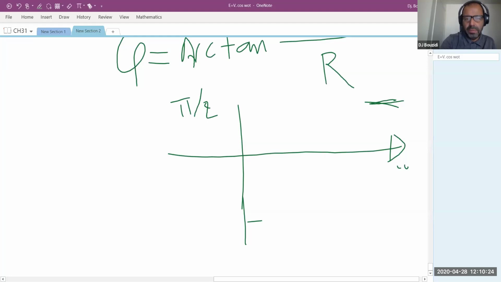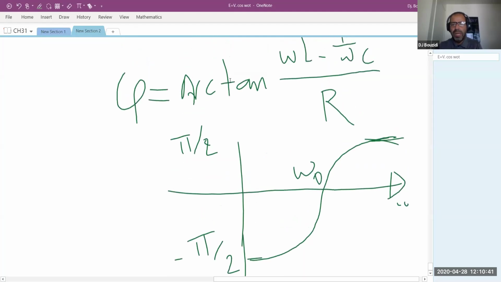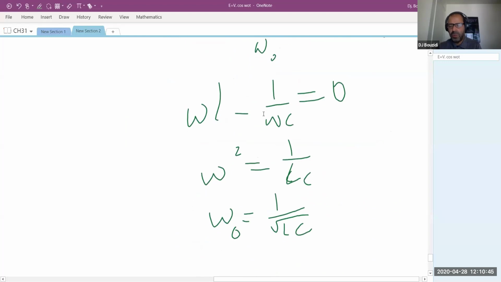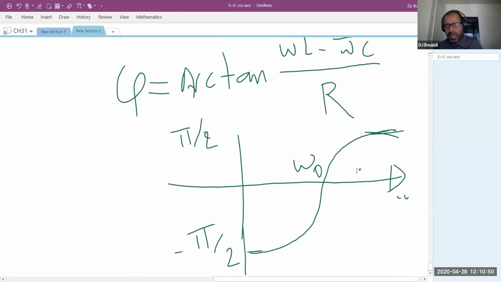So it's here, negative pi over 2. Anywhere in between, the transition in here happens exactly at omega naught. There are no ifs or buts about it. At omega naught, these two will be in sync. And by the way, I'm sorry, I said something. For the power, it peaks exactly at omega naught. Okay? So that's correct, if we took the derivative. So this thing in here is basically for the